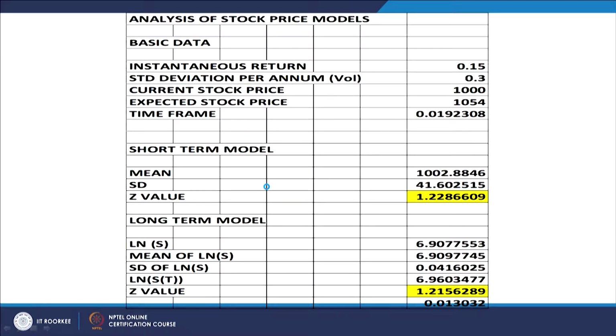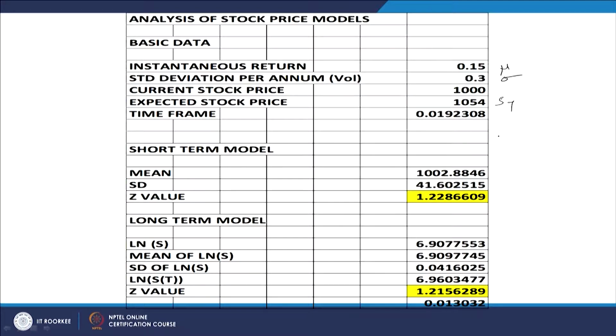If you look at this, I have tried to analyze or arrive at the results in the context of application of two different models to the same set of data. The data that I have used is mu equal to 15%, standard deviation equal to 30%, the initial stock price, that is S naught, equal to 1000, the projected stock price that we want, let us call it S t, equal to 1054, and the